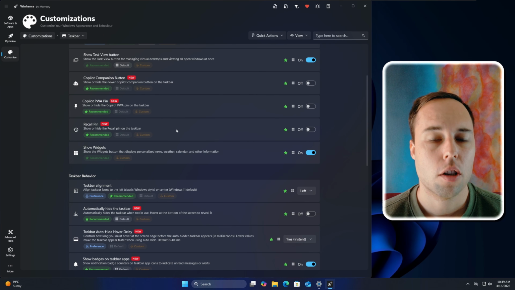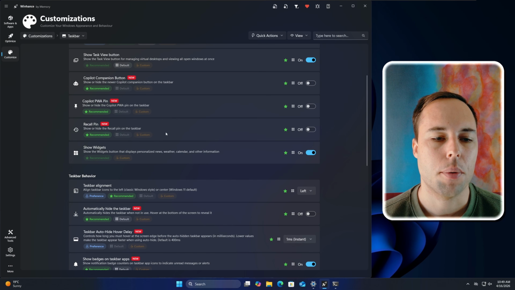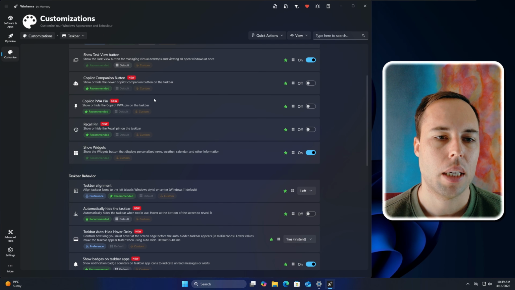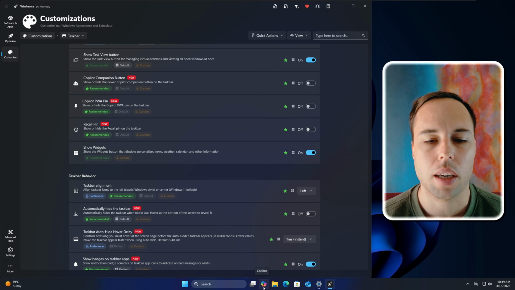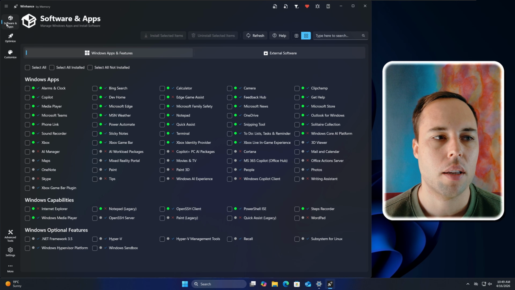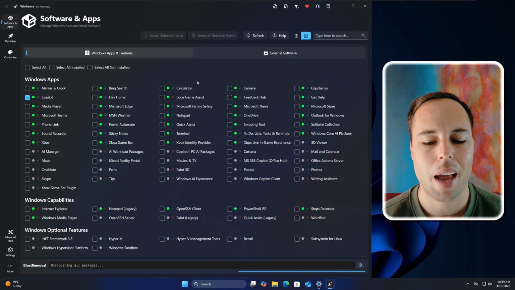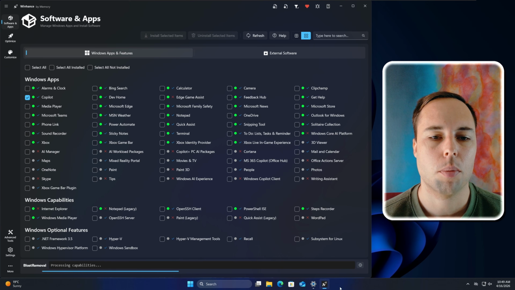I will also just mention that this is basically related to the Copilot Plus PCs. As you can see, I just toggled these settings off and I still have the Copilot button on this normal Windows 11 Pro installation. So to get rid of this Copilot button, the way to do that is just to uninstall Copilot completely from the software and app section. If I select Copilot and uninstall it, it's going to remove it from the system and then obviously also remove the pin that's on the taskbar here.